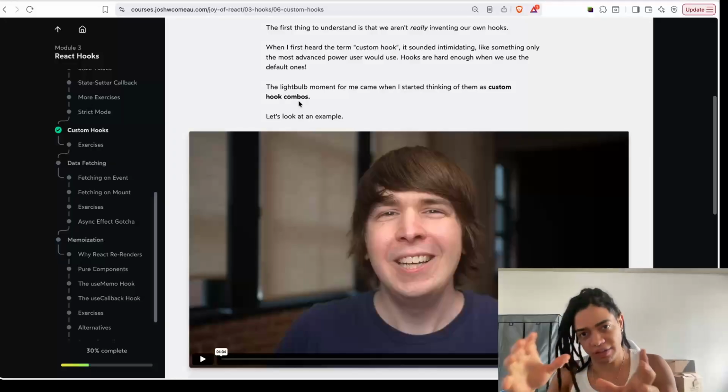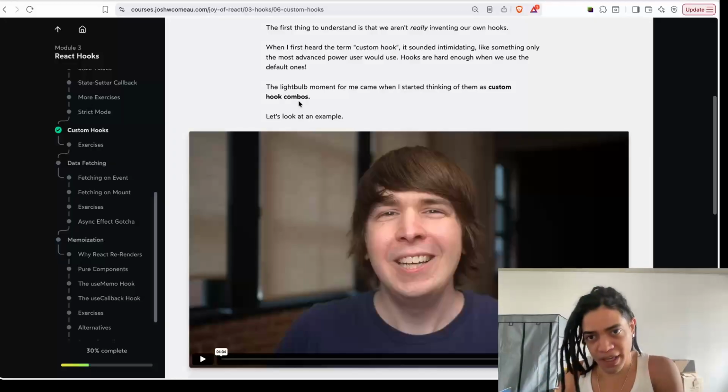So all of this is part of the core loop, and it's important to understand because this is, at the end of the day, the value proposition of React. All right, and